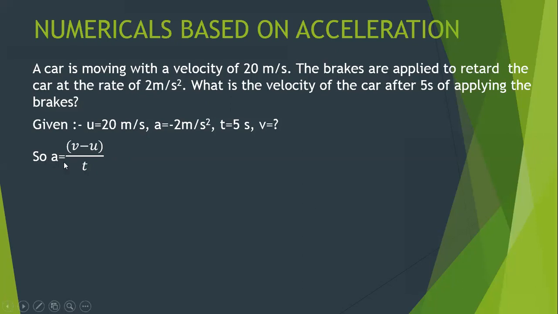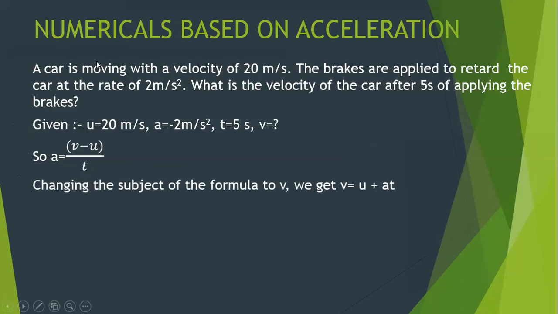So let's do it. This t is in division, so it will go into multiplication. So I will get at is equal to v minus u. This minus u, if I shift it to the other side, I will get plus u. So the subject of the formula changes from a is equal to v minus u upon t to v is equal to u plus at. This is how we get the subject of the formula, because v remains here, this is at, and this minus u becomes plus u. Now, chalo, let's substitute the values. Now, there is again a very interesting thing you have to remember for substituting the values.